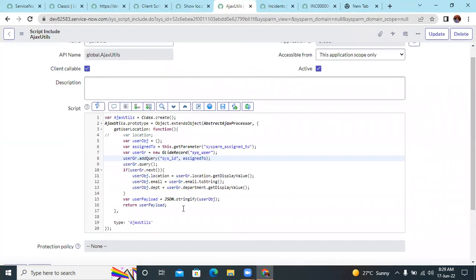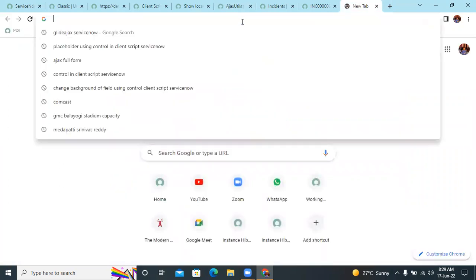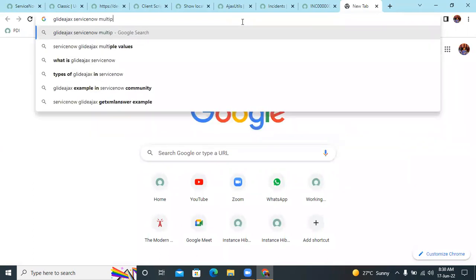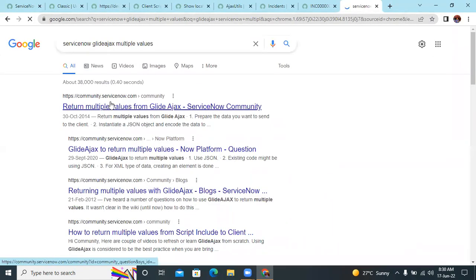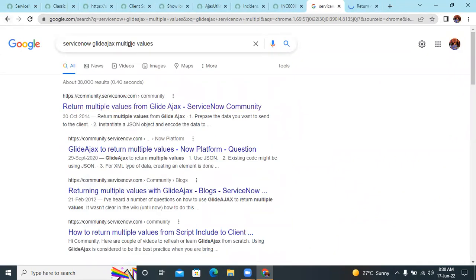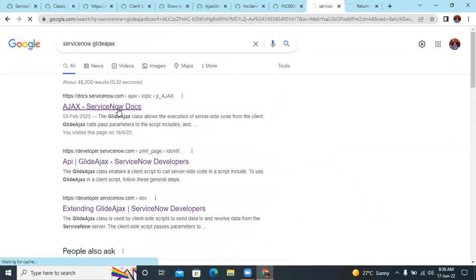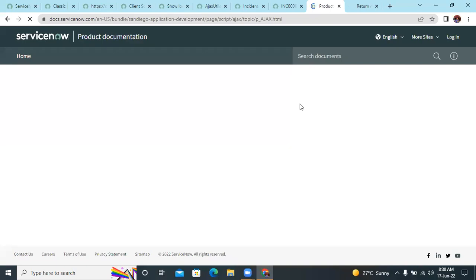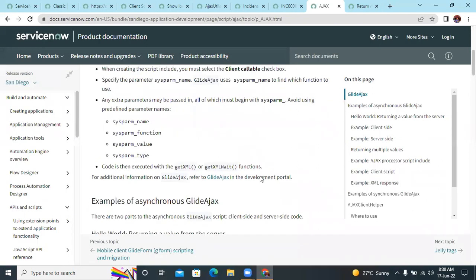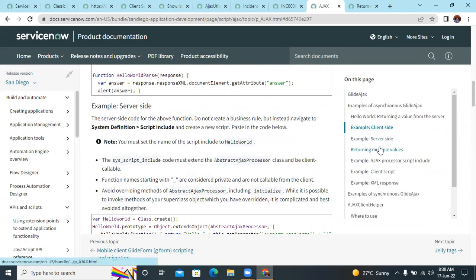I generally use this because I feel it is an easier way to write the code. So whenever you want to return multiple values,